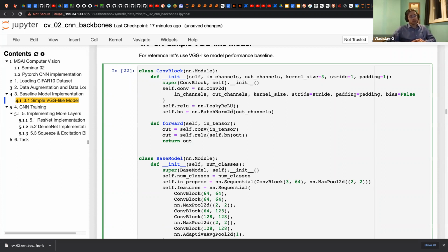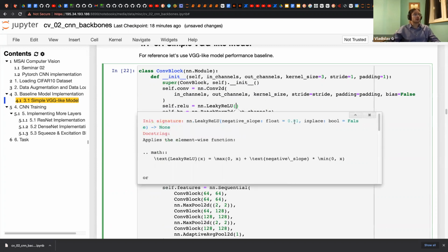But in my opinion, VGG is not very sufficient to use in production. But ResNet is okay, and many neural networks use ResNet, or maybe some derivatives, to solve real life problems nowadays. So how should we make it? We make a basic convolution block out of one convolution, then leaky-relu, and by default here we have negative slope